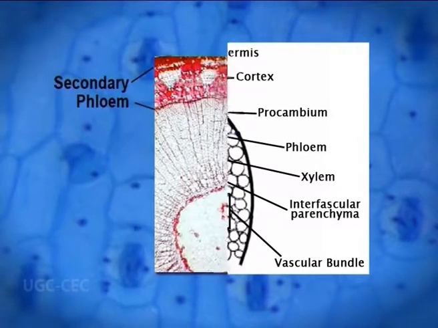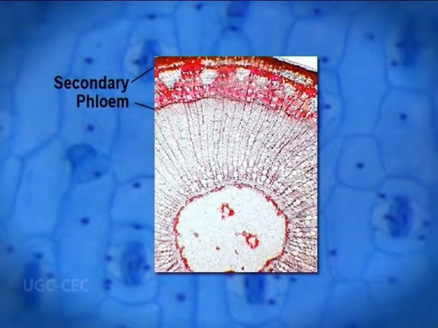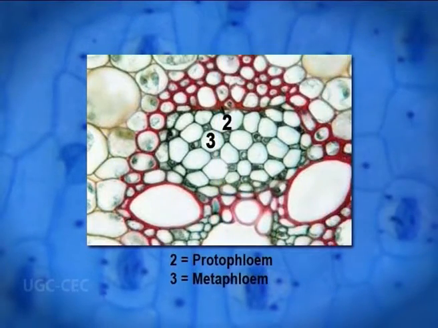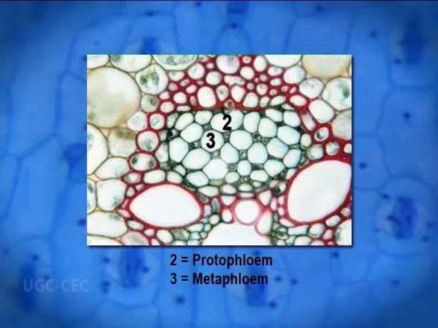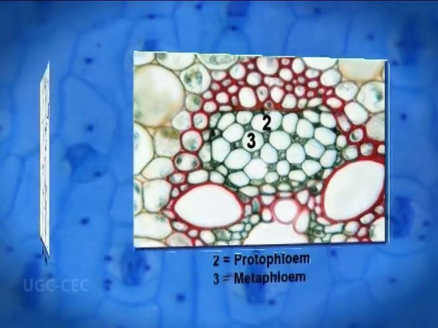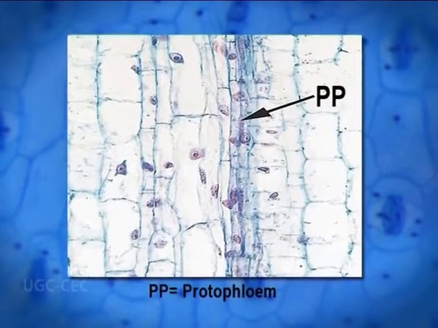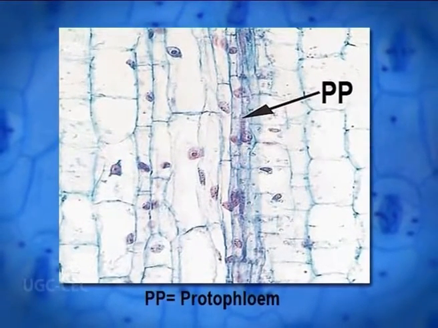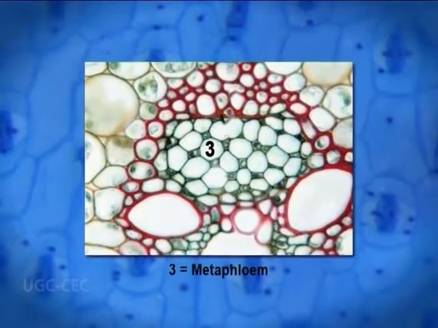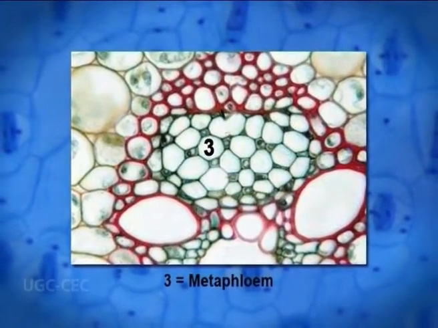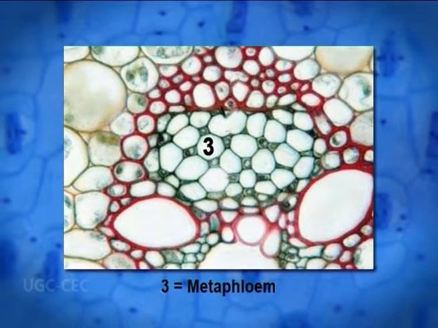The secondary phloem originates from the vascular cambium and reflects the organization of this meristem in its possession of axial and radial systems. Primary phloem is also composed of protophloem and metaphloem. The protophloem develops from the procambium during the early stages of ontogeny, and metaphloem also develops from the procambium during the late stage of the development.